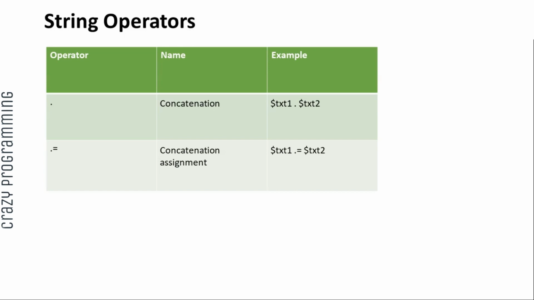And the next one is dot equals to, that is concatenation assignment. Okay, so it's txt1 dot equals to txt2. This also means that txt1 equals txt1 dot txt2. Alright,